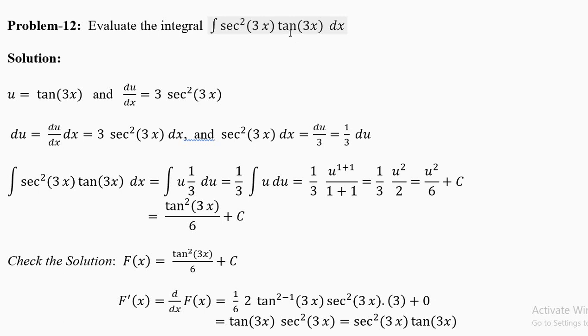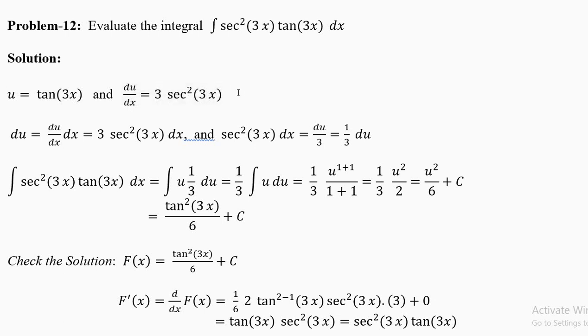Now the derivative of tangent is secant square, so put u equal to tan 3x. Please do not put u equal to secant square 3x, because if you put u equal to this, the derivative of secant square is not equal to tangent. It has some other value, some other function which we will not discuss. The derivative of tangent is secant square, so put u equal to tangent. Remember to write the 3x, that's why I put the bracket, and du by dx is 3 secant square 3x. When you differentiate 3x, you get 3.